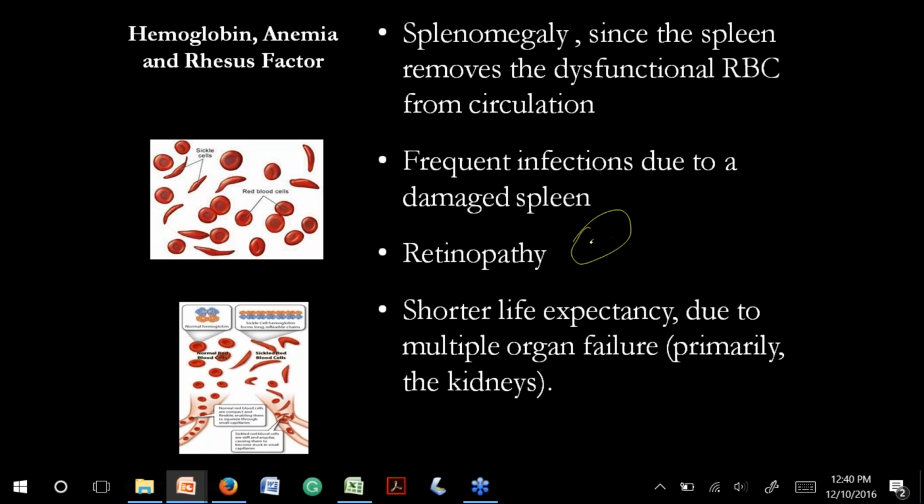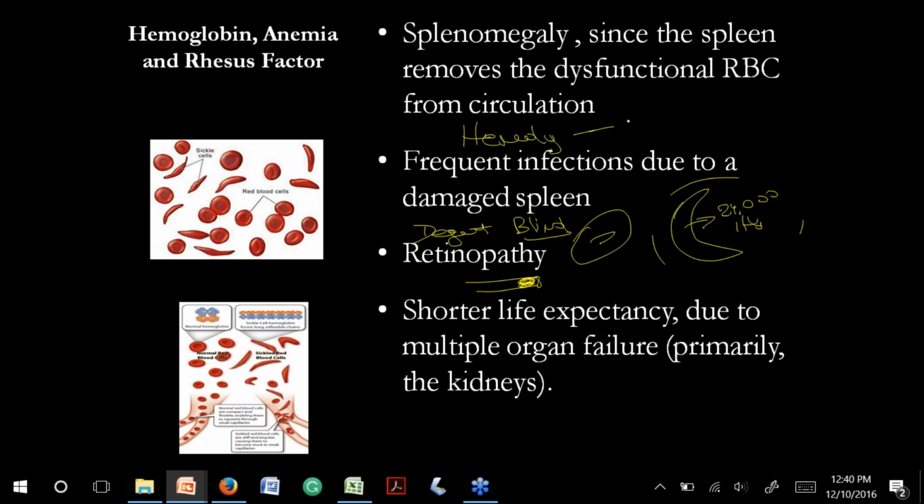Okay, so we have another thing in sickle cell anemia. This is the red blood cell, and the sickle cell is like this. It's very brittle and breaks down very easily, releasing the 24,000 hemoglobin proteins, but this is multiplied by millions and millions, and the vessels are very tiny. In some vessels these proteins are going to be blocked, and the vessels most likely to be affected are those that give blood supply to the retina in the eye. So the retina is going to start to degenerate, and that can lead to blindness. That is a complication of hemolysis.